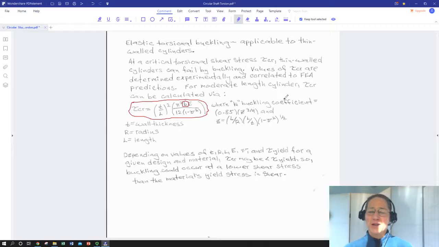And it's called the buckling coefficient. This is something you're going to look up. It's in terms of another coefficient, Z. This is coming out of one mechanics of material text. There may be other expressions for buckling coefficients, but this is one that has a fair bit of empirical data